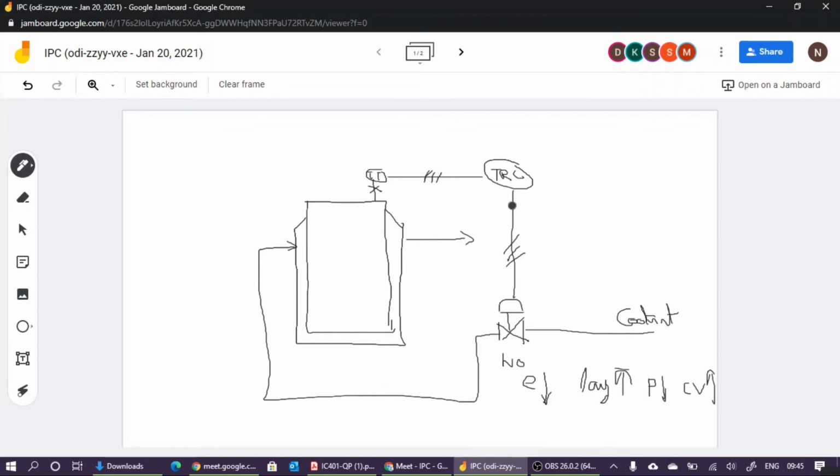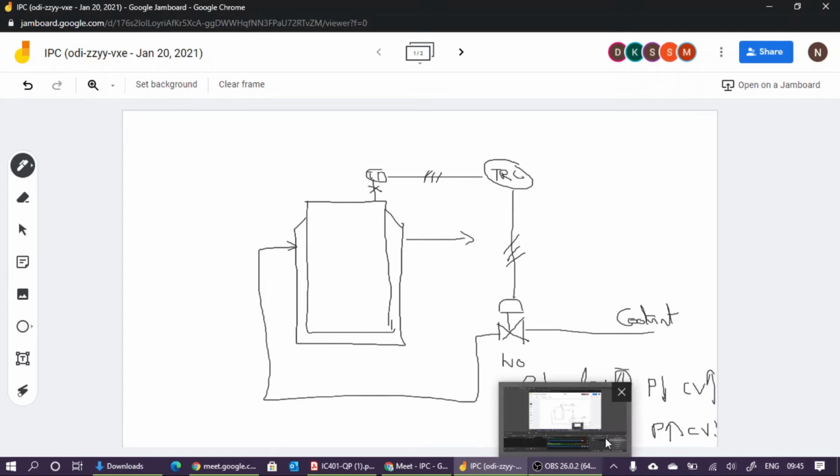Right? Means we are using a forward acting controller with respect to error, because the direction of control output and error are the same. The error is positive if you have small temperature. If temperature is less than the set point, then error is positive. So we have to give large control output so that the normally open valve is closed. So you can see that the direction of control output is proportional to error. So we are using the forward acting control, not reverse acting. So this is FA with respect to error.